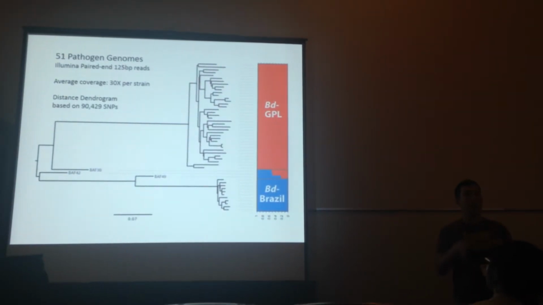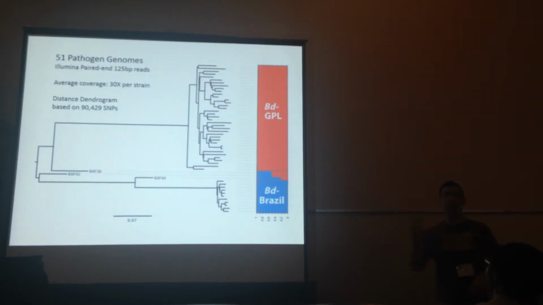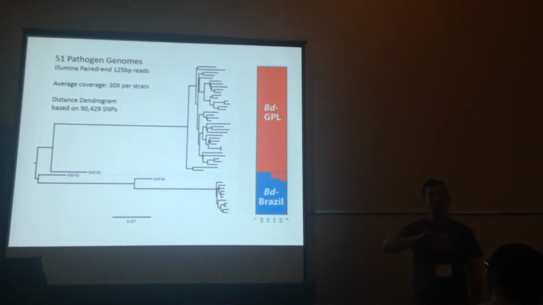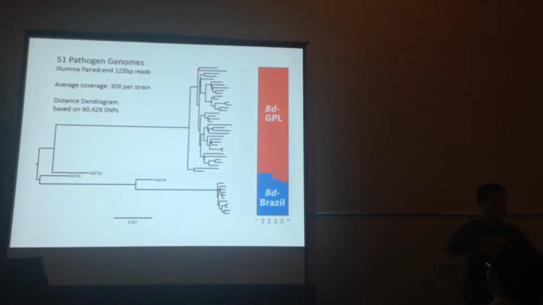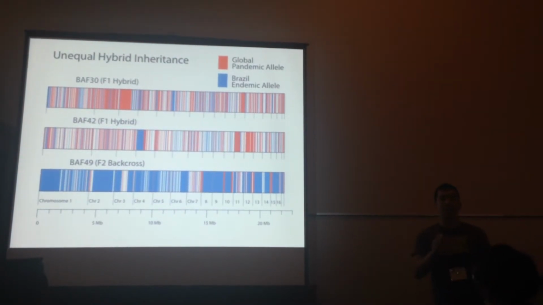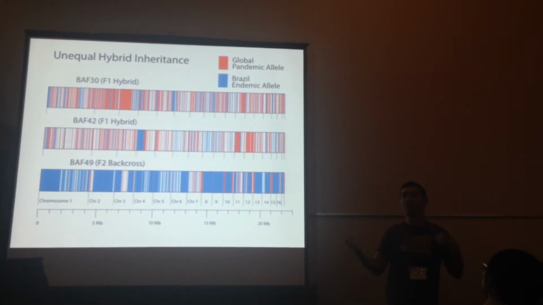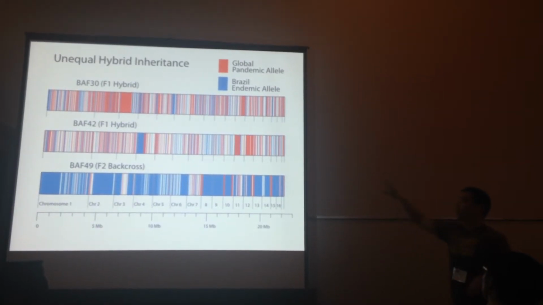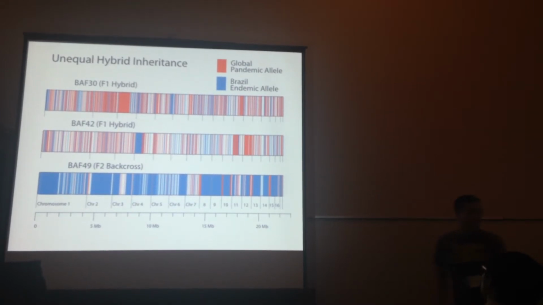With our genome data, we're able to look deeper at the patterns of inheritance in these 3 hybrid isolates. And for this first analysis I'm going to show you, we identified SNPs that were fixed in the global pandemic parental population, SNPs that were fixed in the Brazilian population, and looked across the hybrid genomes to identify positions that were homozygous for one or the other of those fixed SNPs. You see, qualitatively here, our 2 F1s show a lot more red homozygotes than blue homozygotes. And